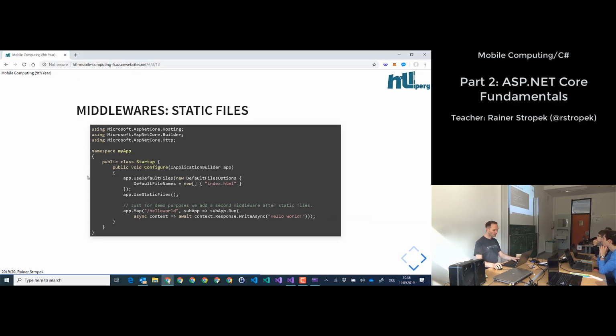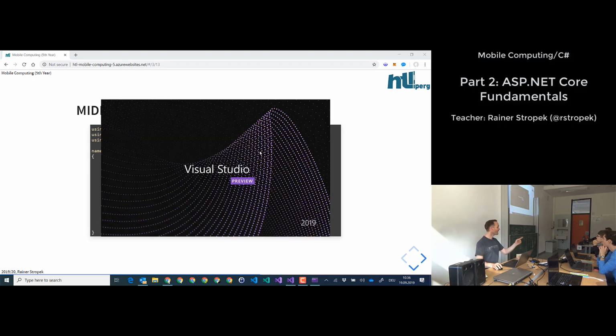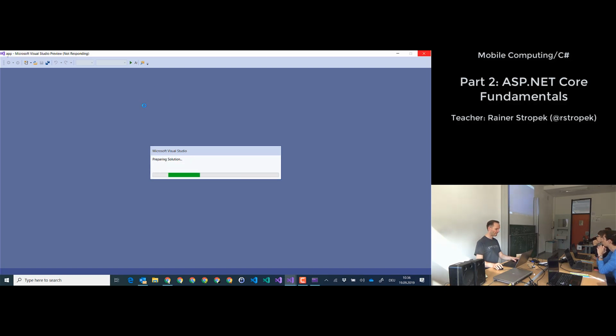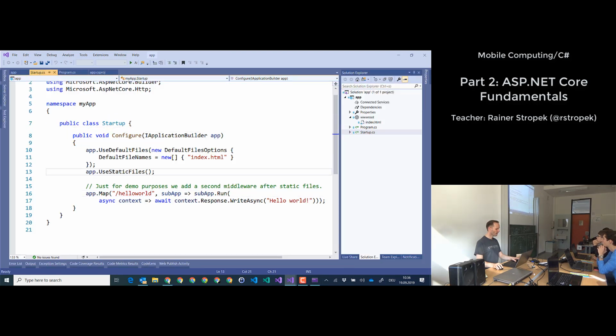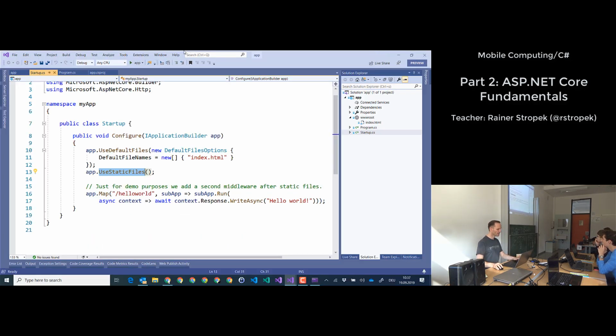Again, you don't need to follow along with this example. I would like to show you this example here. I have prepared it. It's linked in my slide deck. It's part of my GitHub repository. So you can easily try it out at home. You see, static files. Static files means it takes a look in a folder. This is a regular file system folder and looks for files in this folder, index.html. So if I run this guy,